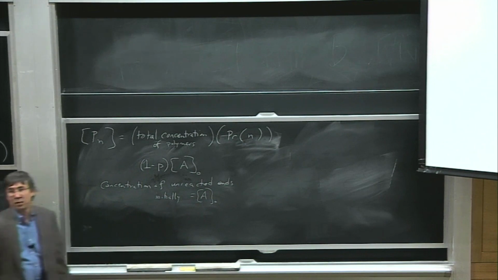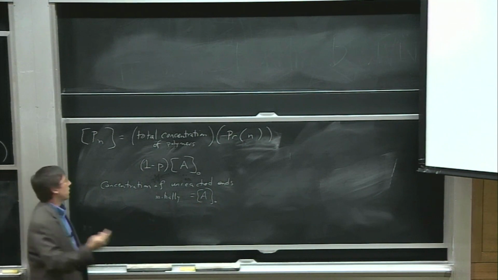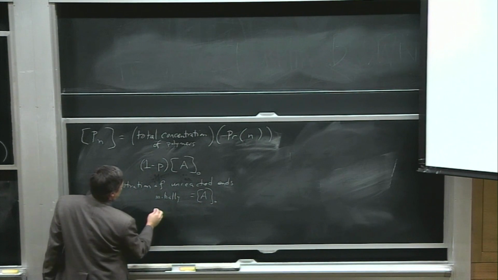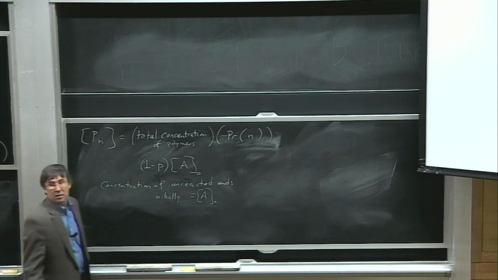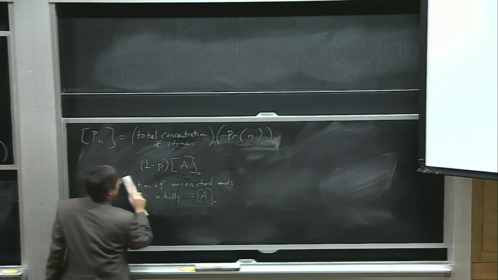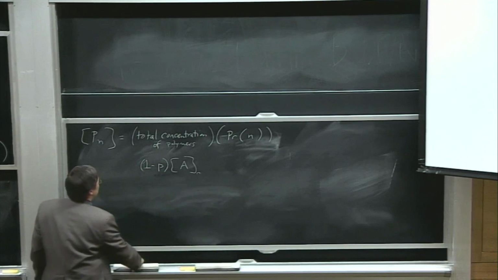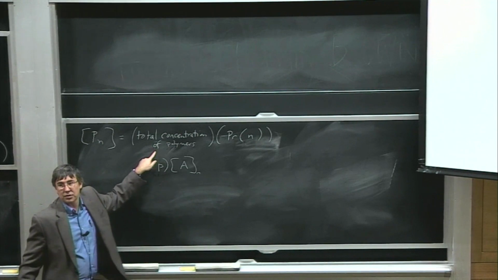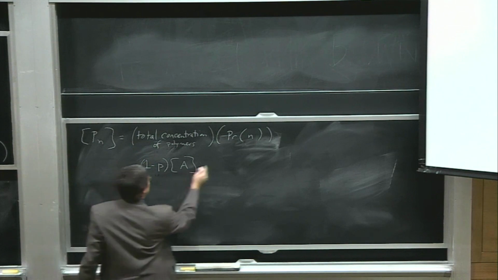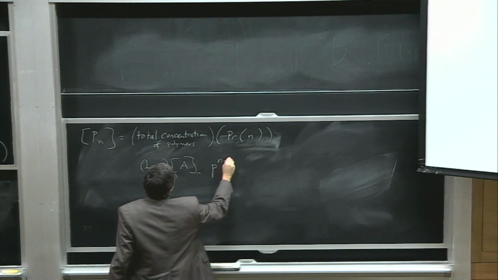It was all unreacted ends. And as the process proceeds, as P increases, then at the end it's going to be very small. Right? So this is right. And the concentration of unreacted ends is equal to the total concentration of polymers, the number of polymers per volume. So it's this times P to the n minus 1 times